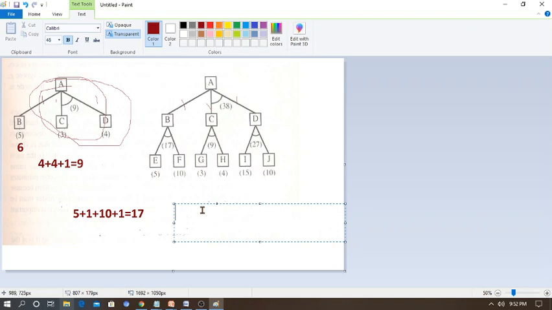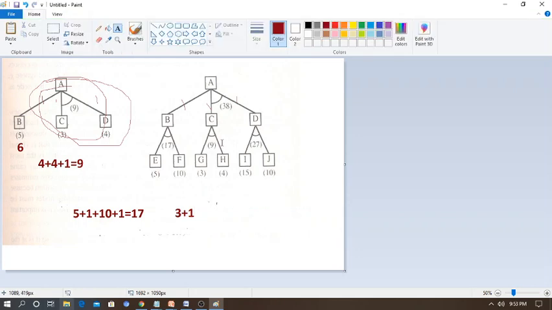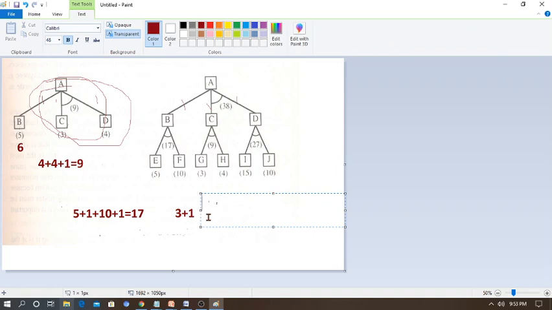So here what is the G value? The heuristic value of G is 3, so here 3 plus 1. Then the H value was 4, and the unit cost is just 1. So here 3 plus 1, then 4 plus 1, plus 4 plus 1. So how much here? 4 plus 4 is 8, and 9. So one way we get it.